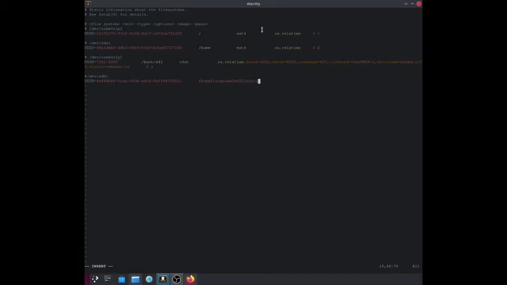There you go. What's next is we go ahead and say what file system we're in, which the file system for the partition is ext4. We're also going to type in default,